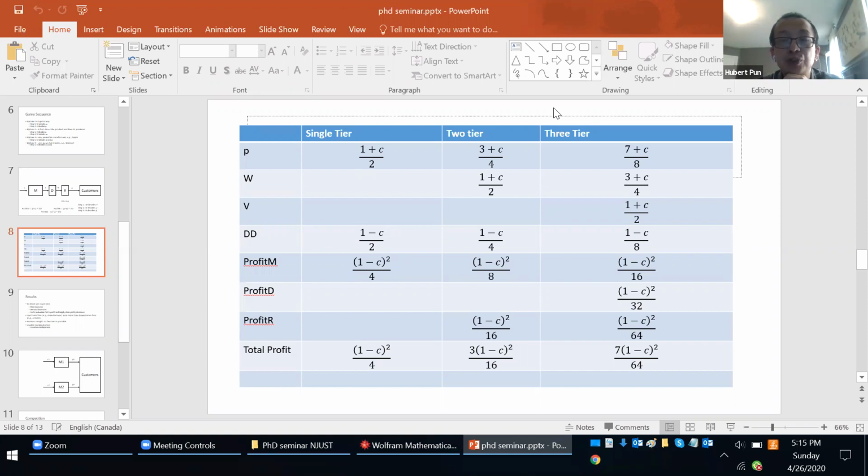What I want you to do is, by looking at this answer, what kind of managerial implication can you learn from this exercise? Basically, if you are trying to explain this research to your friend, to your parents,